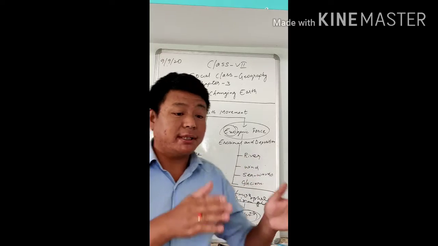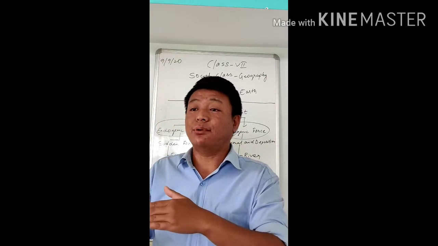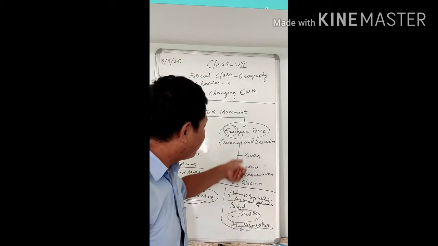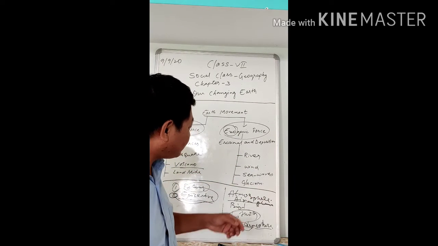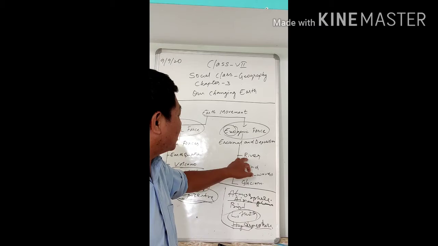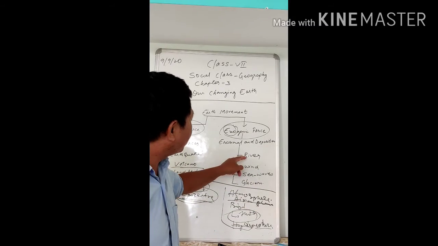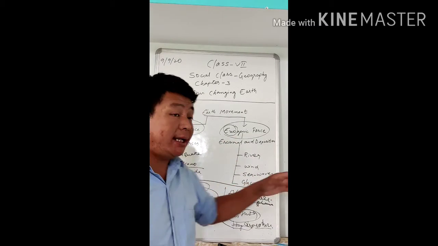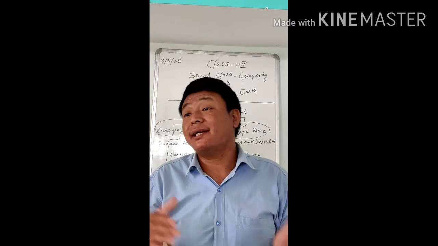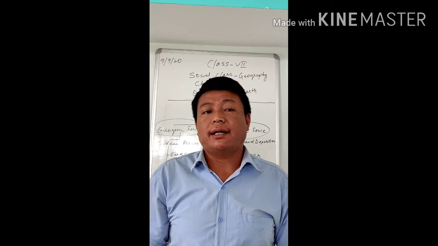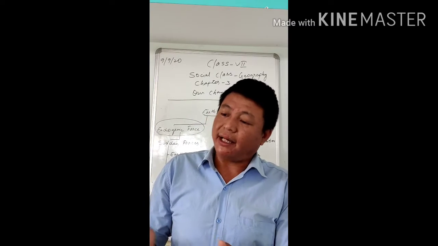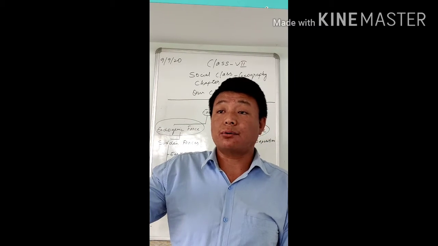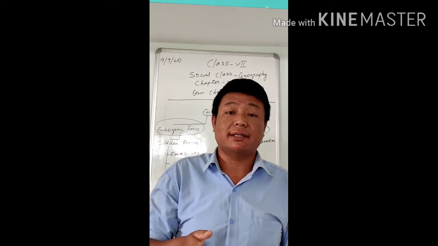And deposition means that in one particular place the things are deposited. For example, here you may find the river, wind, sea wave, and glacier. Now the first point, the river. Rivers are exogenic forces, that means external forces. You may find that rivers diverge and take another route, destroying houses, the periphery, and the area.